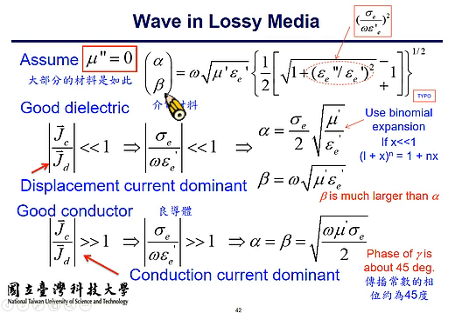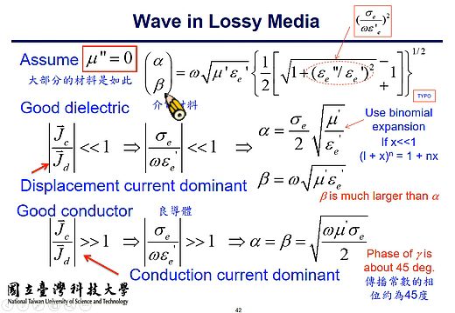So JD, D stands for displacement current, should be much larger than JC. So the ratio of JC over JD is much smaller than 1, which means this is a very small number. Then you can use the binomial expansion. There was a typo on the printout. Originally times n, it should be 1 plus x to the n. 我这边有打错啊，讲义上面有打错啊，你修正一下。